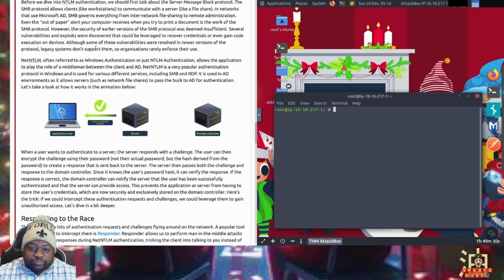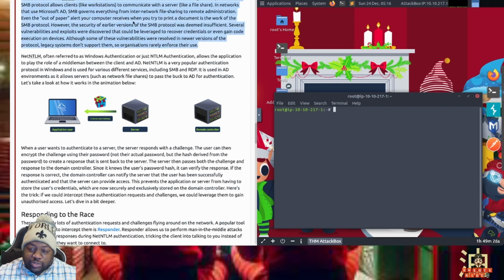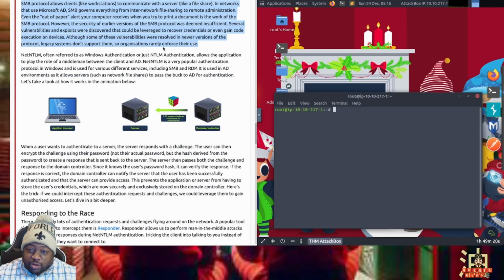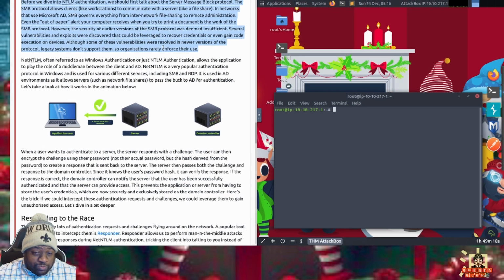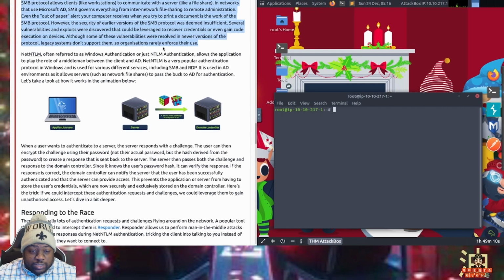However, the security of earlier versions of SMB was insufficient. There are newer versions of SMB. You don't want to be using SMB version 1 for sure. Yeah, that's a real nasty one.